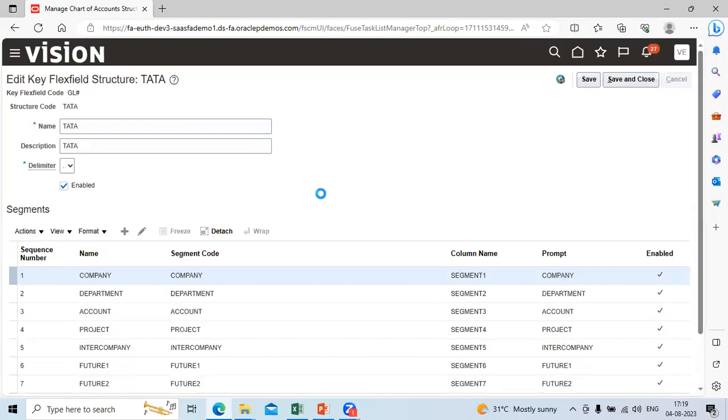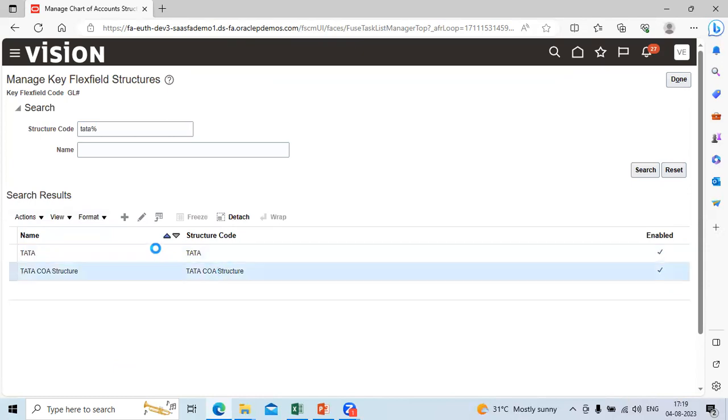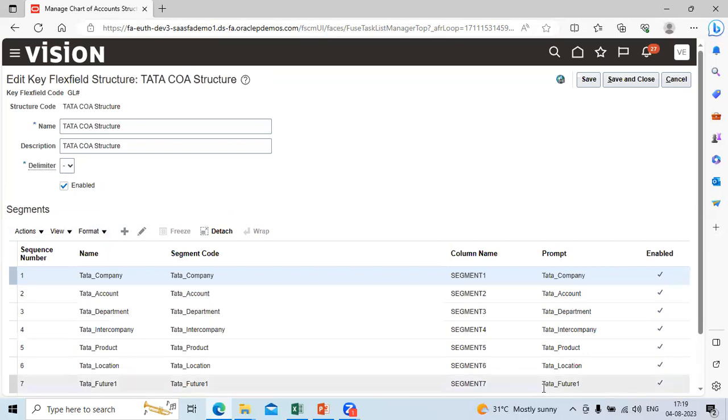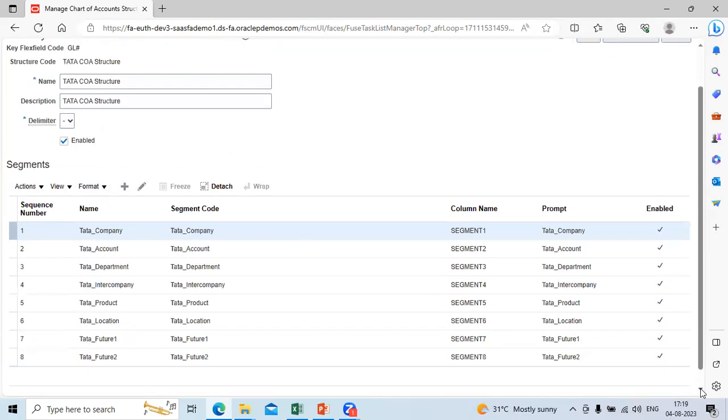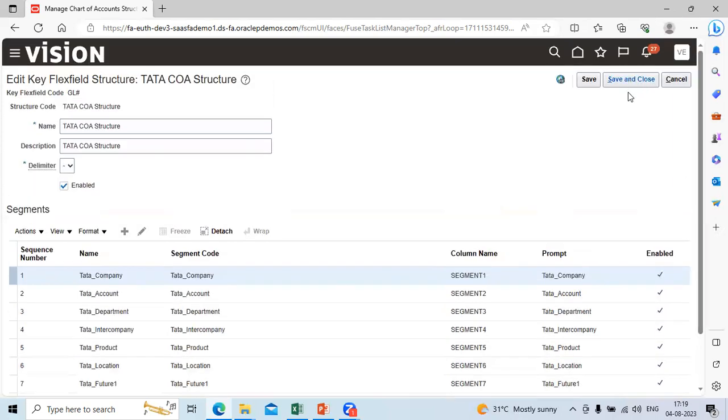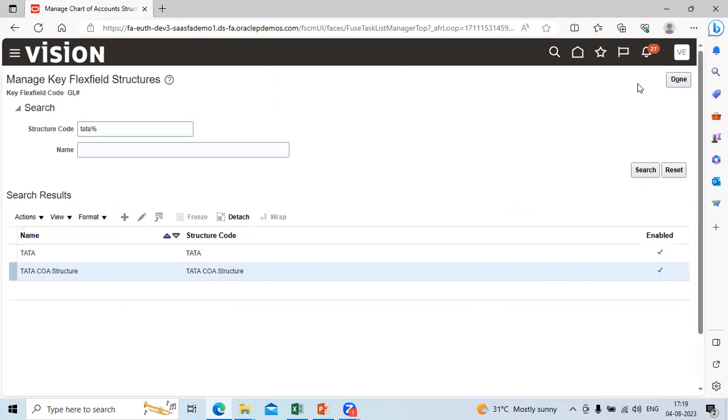Someone created one with the same name. Go to this one. So this is ours. This is the way you can create our chart of account structure. And now we'll see how to create the chart of account instance. Save and close